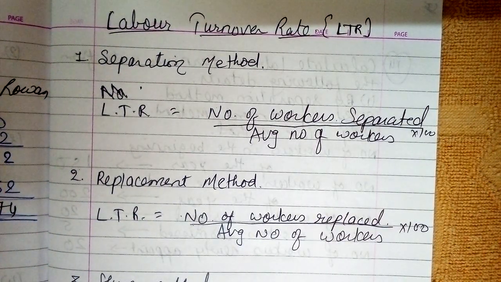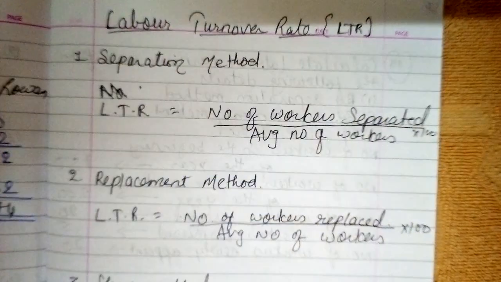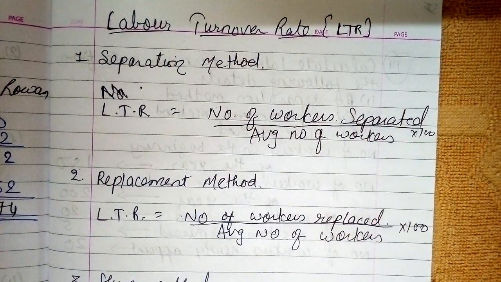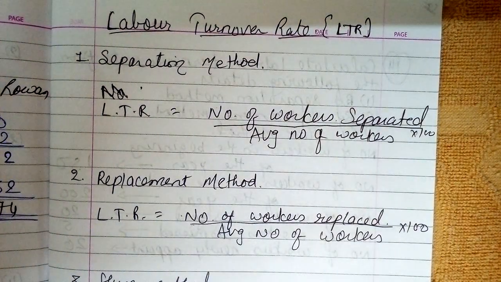The higher the labor turnover rate, the higher will be the labor cost, because the laborers need to be trained and recruited, so time and energy would be wasted in that. So here we are going to discuss the percentage form of the number of workers separated and